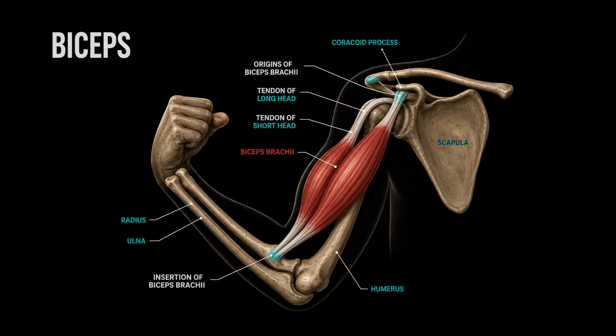The biceps brachii has two heads. The short head originates from the coracoid process of the scapula, and the long head originates from the supraglenoid tubercle of the scapula. The muscle then travels down the front of the upper arm and inserts onto the radial tuberosity, with the bicipital aponeurosis extending into the fascia of the forearm. Written as a list, that might feel like a lot of terminology to memorize, but let's take a closer look